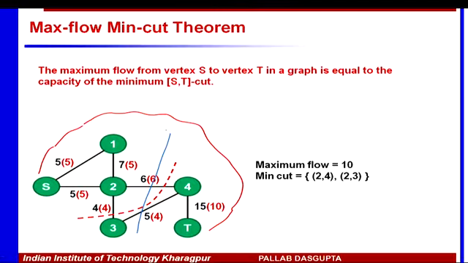In this example, the things that I have shown in the bracket are the flows in the max flow. And let's say that I have an algorithm which has computed that. We are going to come to that algorithm in a moment. So you can see 5 units are flowing through here, 5 units are flowing through here, though the capacity is 7, but I can only push 5 here. Then 5 is flowing from here, then 4 is flowing this way, this 5 plus the remaining 1 is flowing this way, so 6, and then 6 and 4 are merging and 10 is flowing here. So you can see the flow, right?